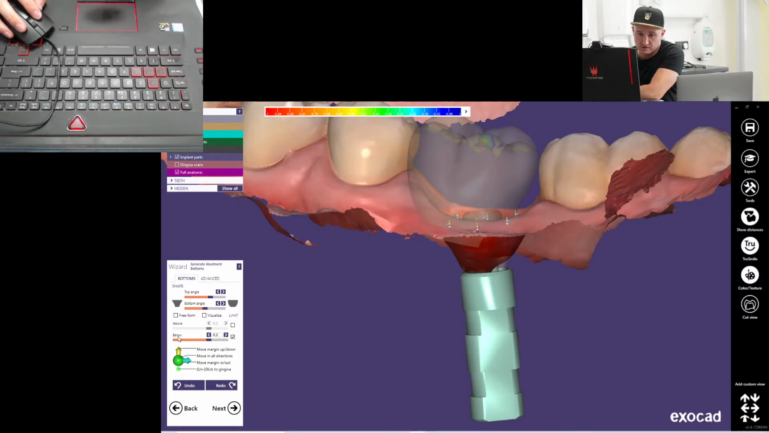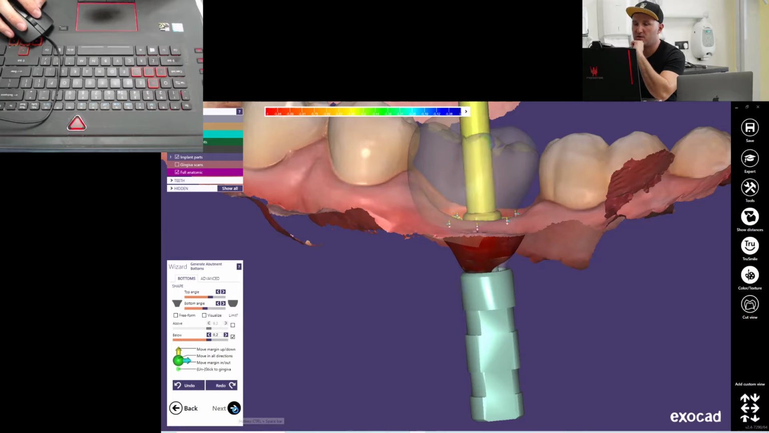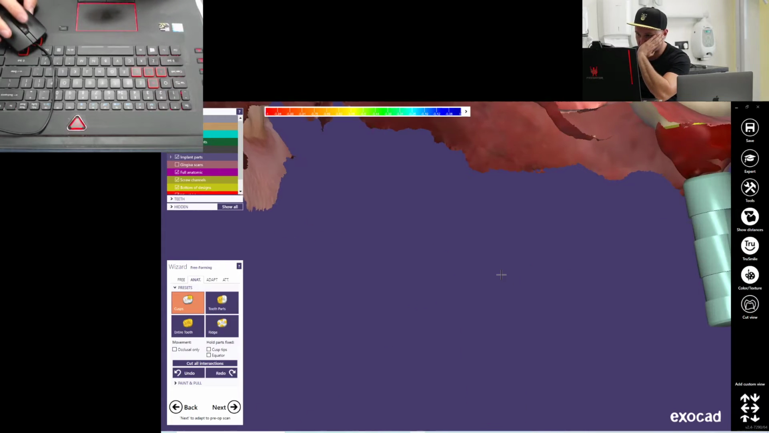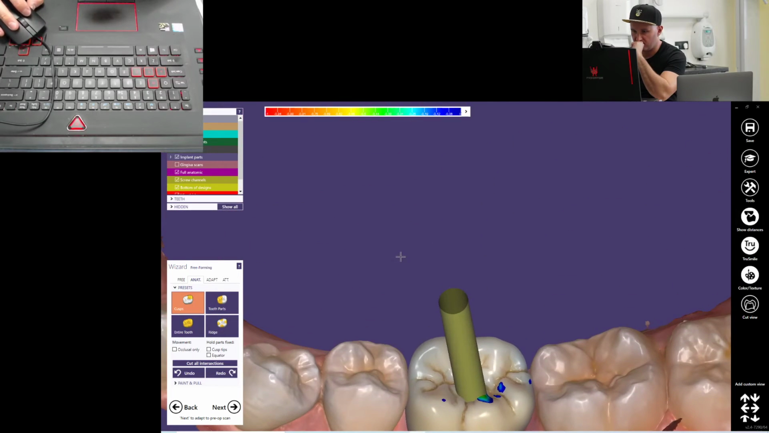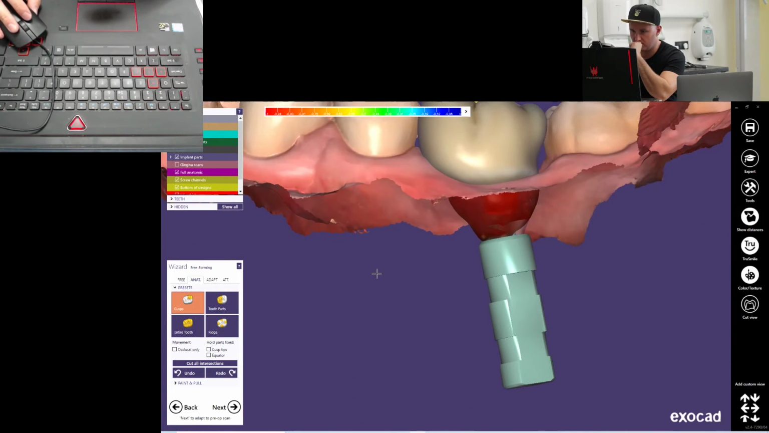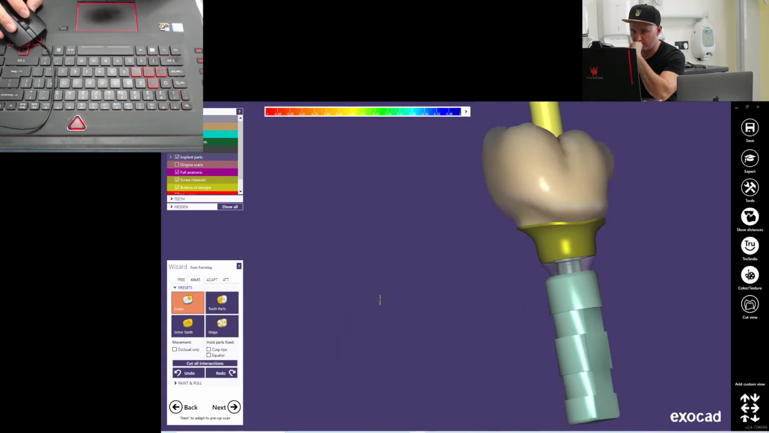You can choose this option to start your margin a little below the gingiva to make your emergence profile look more natural. We press next, and now we are able to freeform our crown. So this is what I am going to do right now. First I'm going to turn off